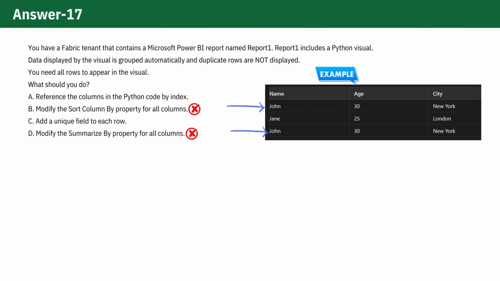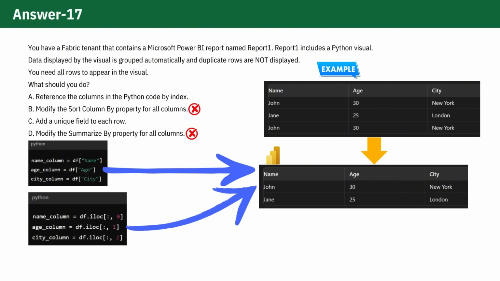Accessing by column names or accessing by numerical indices, both approaches access the same data after Power BI's pre-processing, which means that the method used to reference the data in the Python script doesn't affect whether Power BI grouped the rows or not. So clearly, option A is incorrect because referencing columns by index does not affect how Power BI